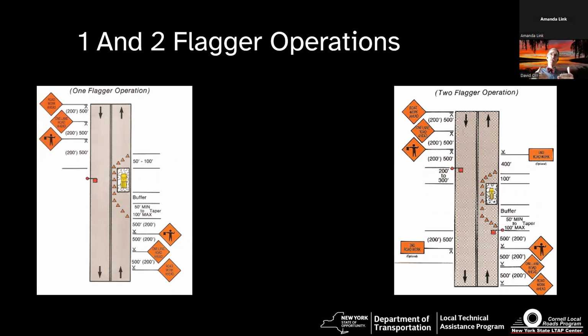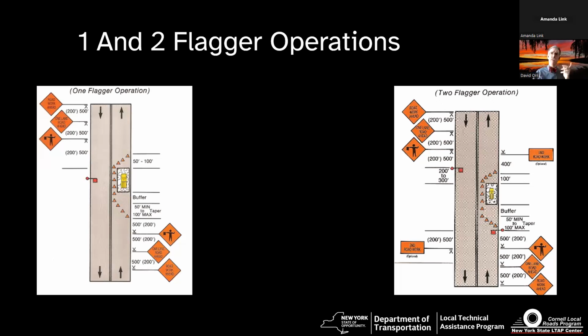And the other thing is, if the work zone is too long, you can't really do it with 1 flagger. Because to be doing it correctly with a 1 flagger operation, you need to be able to walk from one end of the work zone back and forth to control that traffic. So if it's too long, can you really reasonably do that and control the traffic? 1 flagger should not be standing still. They actually need to be moving. We show in the chart as if they were standing still, but the reality is they need to be walking, they need to be moving, okay? So 2 flagger is almost always preferred unless it's pretty low volume and low speed, okay? So keep that in mind.